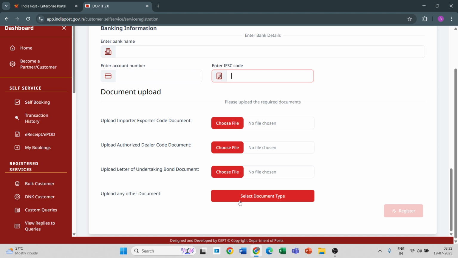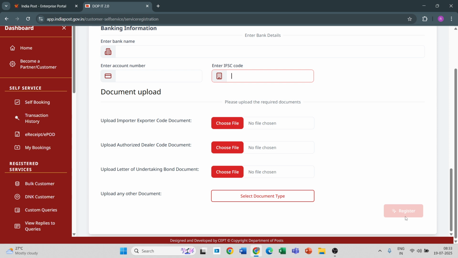certificate. This license you can upload one time here, and that will be linked with each and every booked item. So whatever document is mandatory for all types of exported goods, you should upload it here only. Okay, and if there is an item-specific document, then it is not required to upload here.